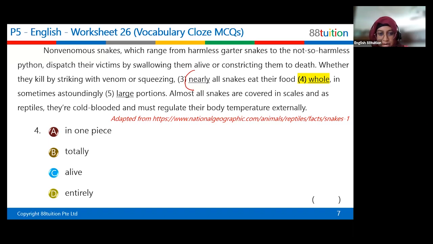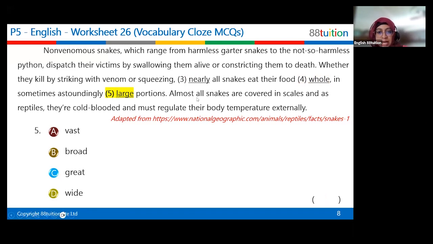Excellent. Okay, so what's the answer for question number 4, Carlene? Sorry, I didn't catch it just now. Whole, what's the answer? Entirely. Okay, so in whole, that means you're kind of right, entirely, but they're saying that it never chews, so it's all in one piece. Entirely is almost there. Basically they're trying to tell you that they don't chew, so it's in one piece. Yeah, exactly right. The mouth is so small but can swallow the whole thing. Wow, that's really something scary. I've always had jitters whenever I watch this kind of documentary, which I avoid anyway.